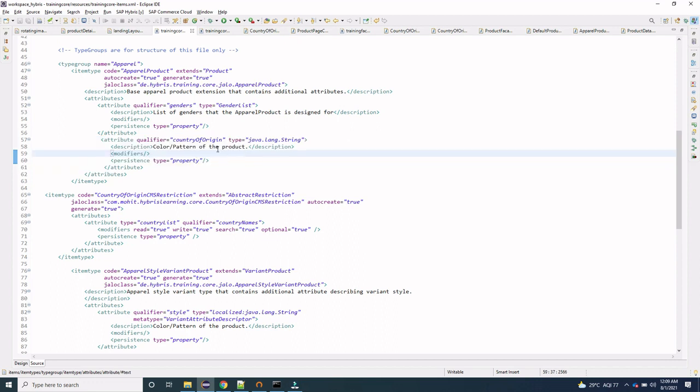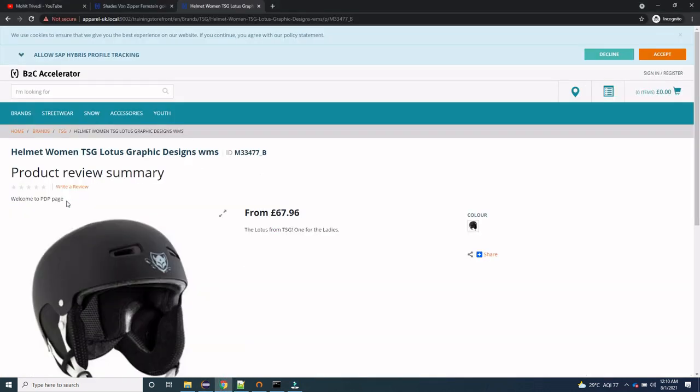So that if the product belongs to a particular country, and in the restrictions we have defined the set of strings, and the country of origin matches with the country we have defined in this, then we should display that CMS paragraph component that we have just seen. So we have to display this welcome to PDP page component.